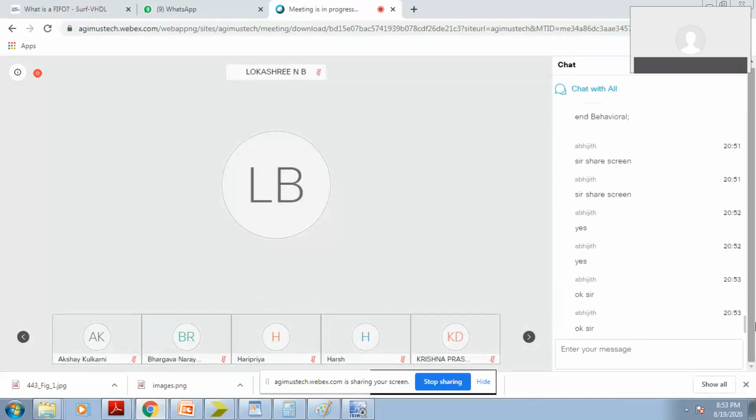So any doubt in the shift register or structural modeling itself? Okay, so now you're lagging with the assignments. Once you have done with the counters, you go with the shift registers. You have to implement the different kinds of shift registers with the same concept here. I'm going to share the PPT later on. So using that PPT, you just try to implement the different kinds of shift registers.